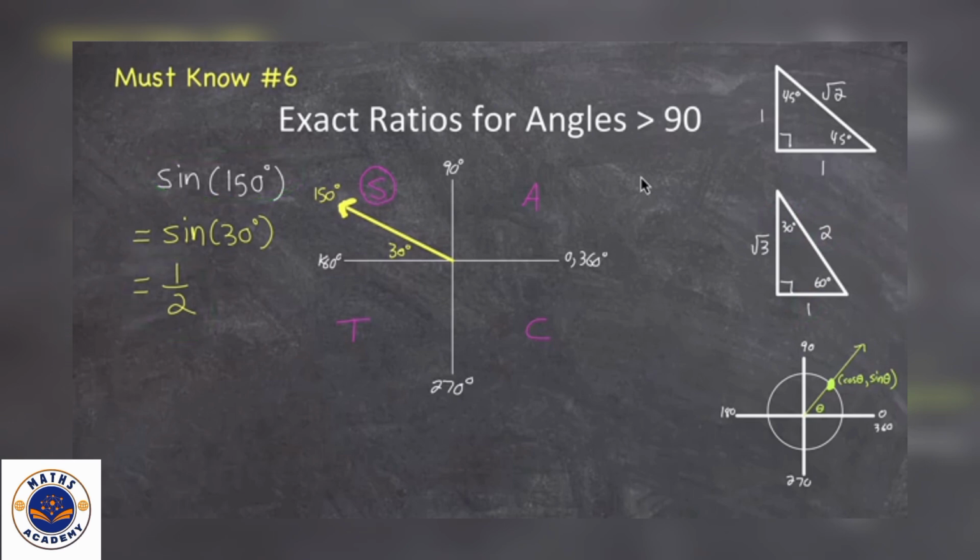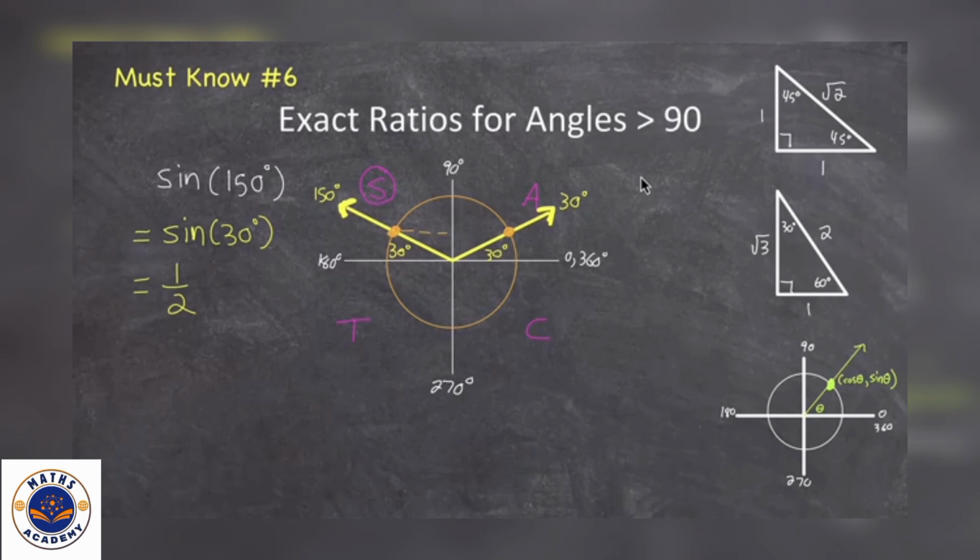Let me take a second and explain to you why sine of 150 is equal to sine of 30. If I were to draw a principal angle of 30 degrees, that would mean rotate 30 degrees counterclockwise from the positive x, and that will land you in quadrant number 1. The reference angle is 30 degrees, and if we look at the points where those terminal arms intersect the unit circle, notice that they have the